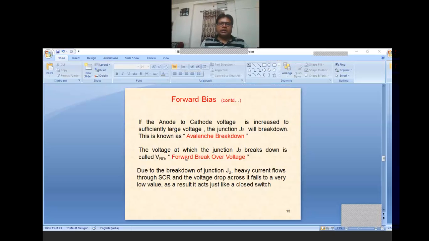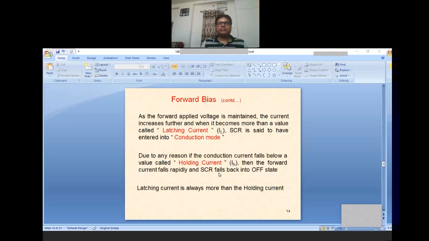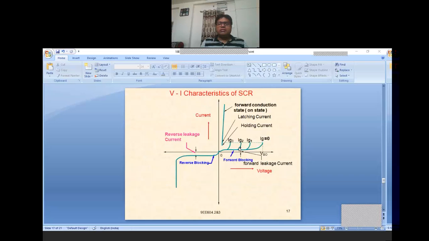So once the avalanche breakdown occurs at forward breakover voltage, heavy current flows through SCR. As a result, it acts just like a closed switch. Because of that, voltage drop across it falls to a very low value and it behaves just like a short circuit. And as the current goes on increasing through it, when we examine the VI characteristics, the current is still increasing slightly here,